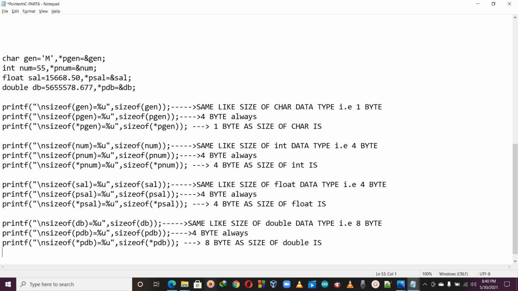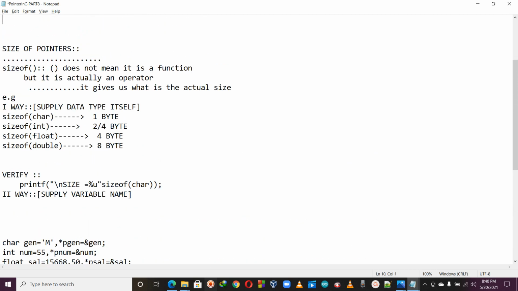So I hope this is sufficient for you, meaning you have a clear idea about the sizeof operator. You can use it in different ways. We have a total of 3 ways. How many ways do we have?